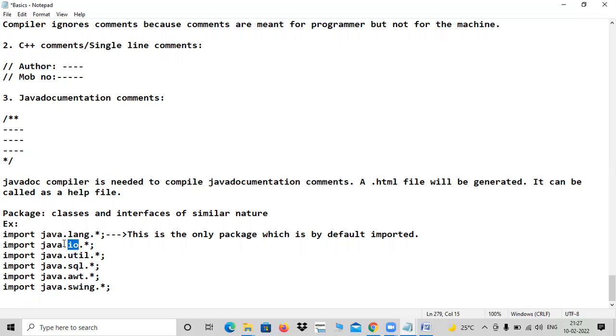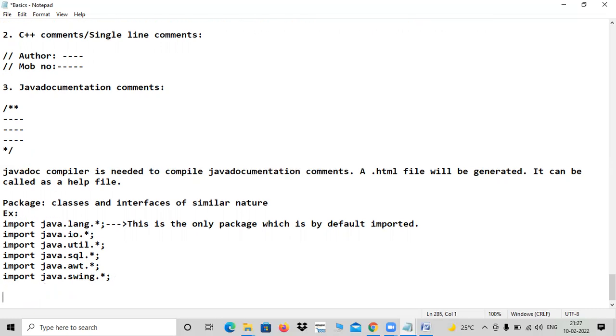But which works efficiently is an interview question actually. Which works efficiently? Import or include? Import means we are using actually, and one more thing I want to tell you, star means all classes and